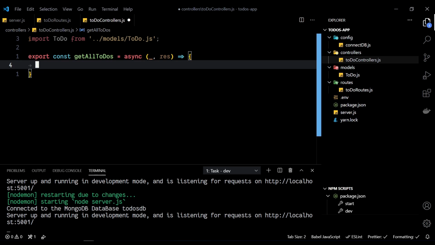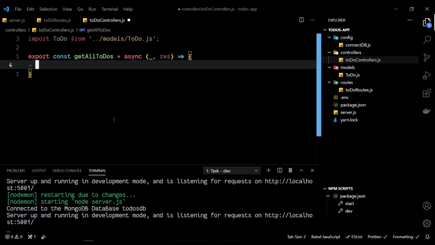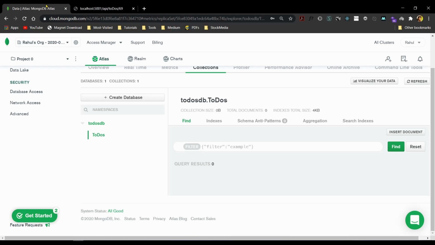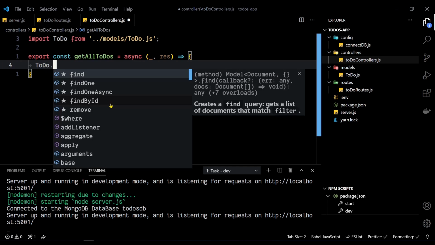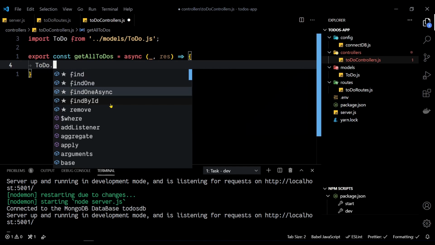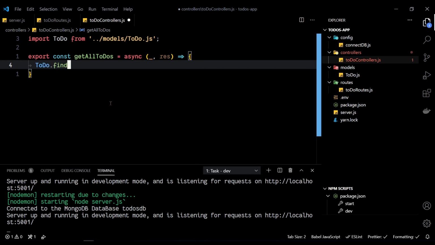So the Todo model is almost like an object which has some properties or methods embedded in it, and we can use those methods to get all the data or the documents that you're storing inside your MongoDB Atlas, okay? Now let me show you some magic. We'll type Todo dot, and you can see find one, find by ID, remove. All the CRUD operations are possible over here, and just doing a find will return all the to-dos that are